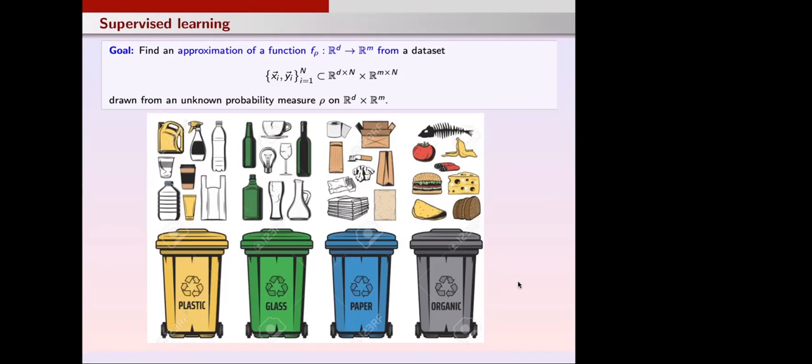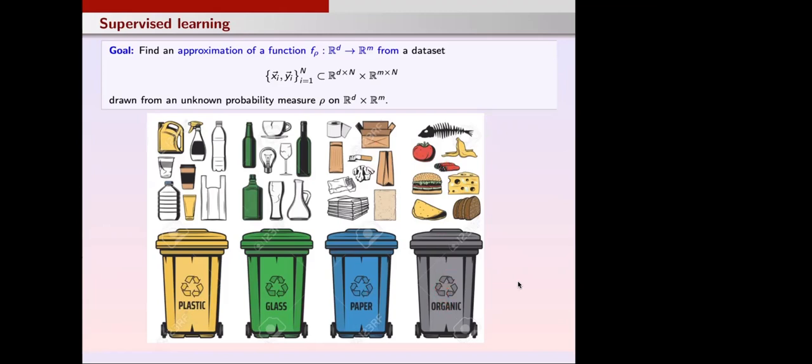For instance, in Germany, also in Spain now, in most European countries, you have several containers. I suppose this is more or less the same in every country, with small variants. The convention can change from country to country, but the idea is that plastic will go to one container, glass to another, paper to another, and organic food to another container, okay?